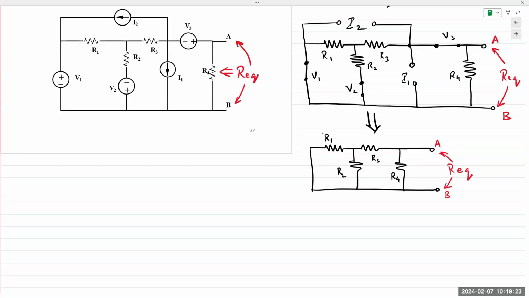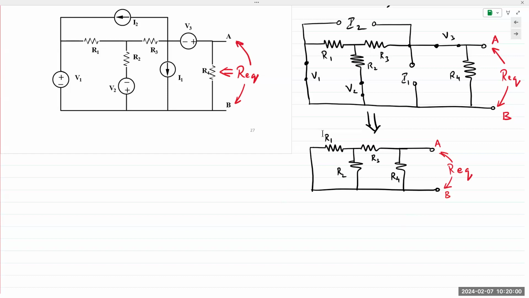So what do we see? Think back to the beginning of chapter 2. When we wish to find REQ, we start at the farthest end from REQ and move towards our terminals, reducing each resistor one by one. So the farthest end from REQ, the resistor we have is R1. We move towards A and B. What do we see? R1, the next resistor up is R2. Relationship between R1 and R2,